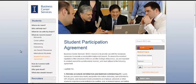Before we go further, let's talk more about iLink. iLink is the online career search management tool that is available to Illinois business students. It provides you access to job postings for job shadow opportunities, internships, full-time positions, scheduling of on-campus interviews for which you are selected, and career fairs. You can also view all Business Career Services, or BCS events, such as company information sessions, mock interviews, BCS workshops,